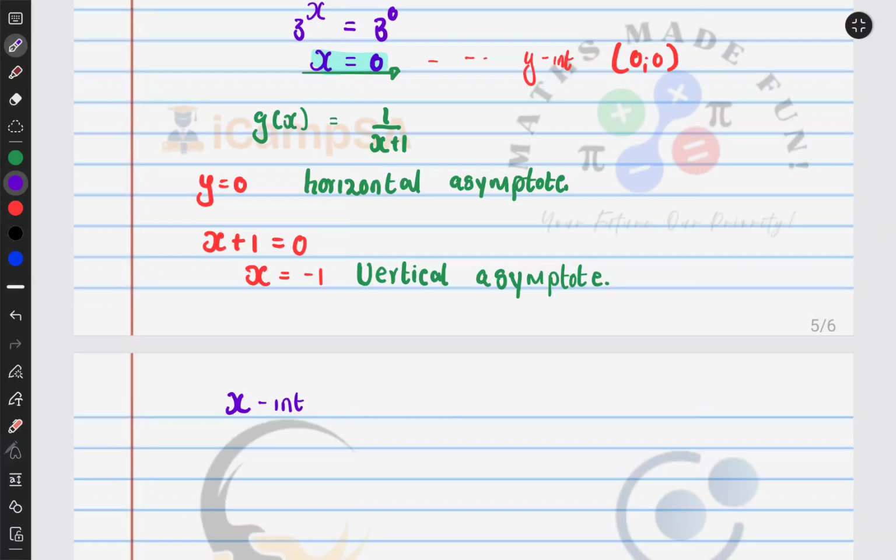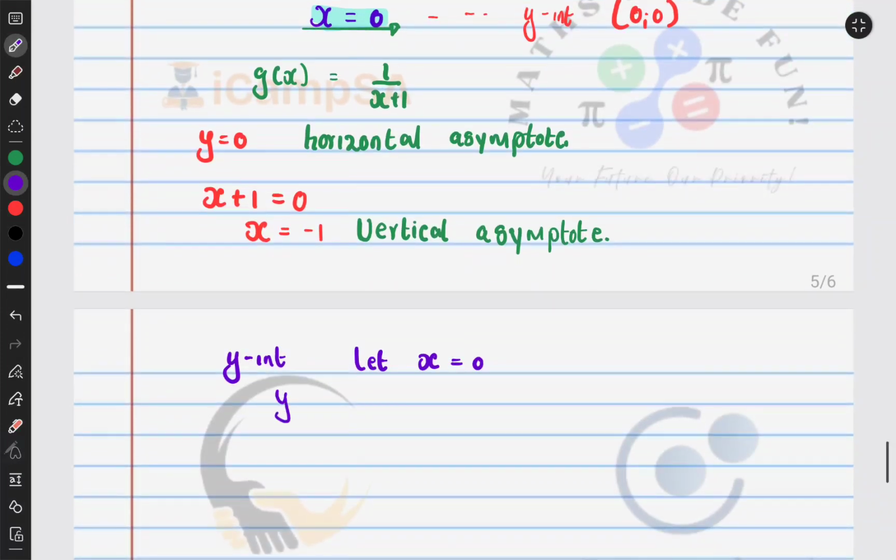X-intercept, that's which way we have there. Yeah, at y is equal to 0. It's basically the x-axis, so we're not going to have an x-intercept, because y is equal to 0 with all that equation would basically be just undefined. So essentially we're going to have a y-intercept here. So for the y-intercept, we let x equal to 0, y is equal to 1 over 0 plus 1,